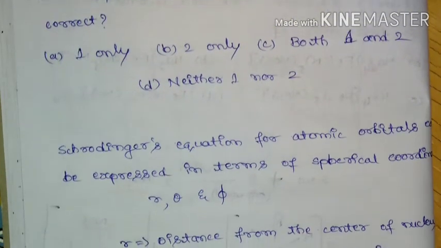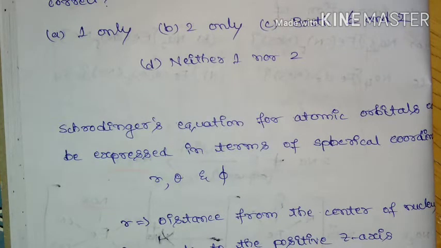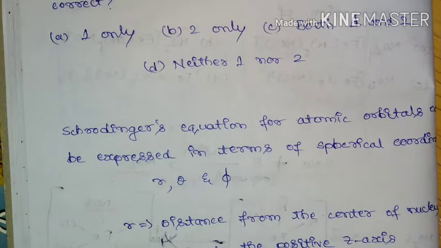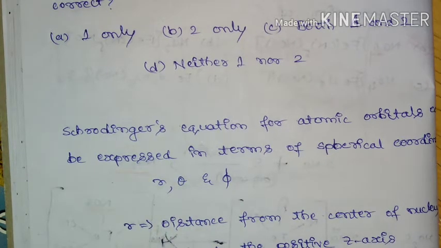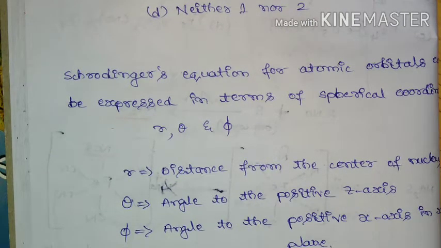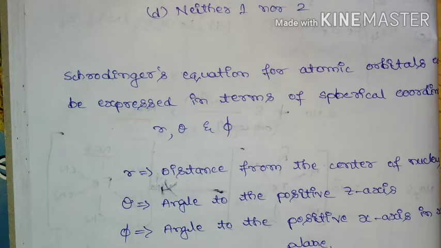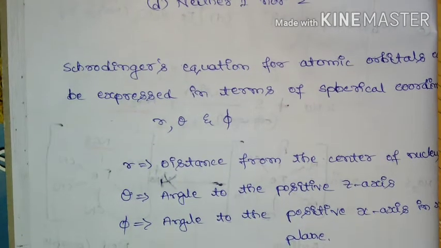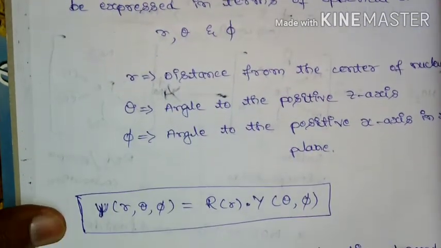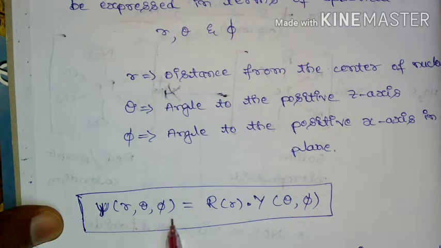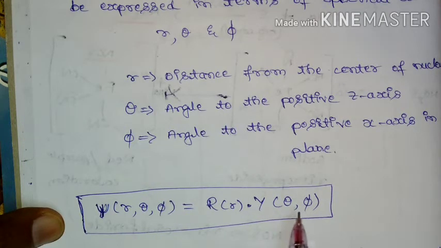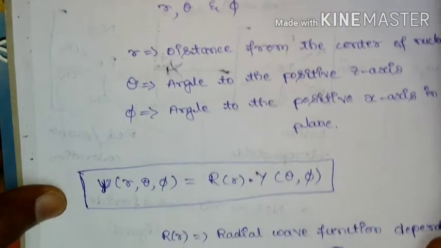So solution for this problem is Schrödinger equation for atomic orbitals can be expressed in terms of spherical coordinates r, theta and phi. Here r represents distance from the center of nucleus, theta represents angle to the positive z-axis, phi represents angle to the positive x-axis in xy plane. And on solving this, we are going to get psi(r, theta, phi) is equal to R(r) Y(theta, phi). So here R